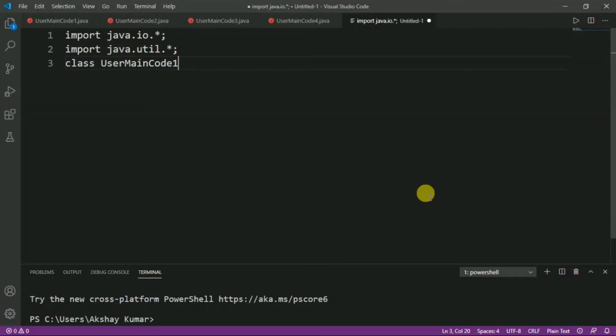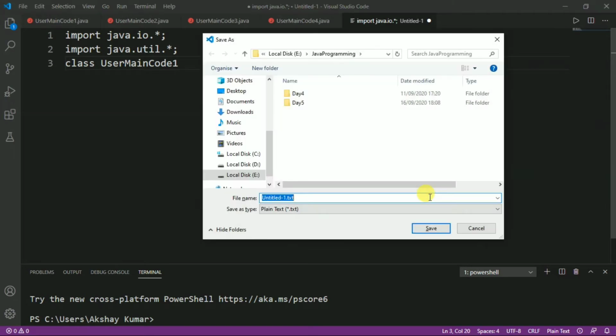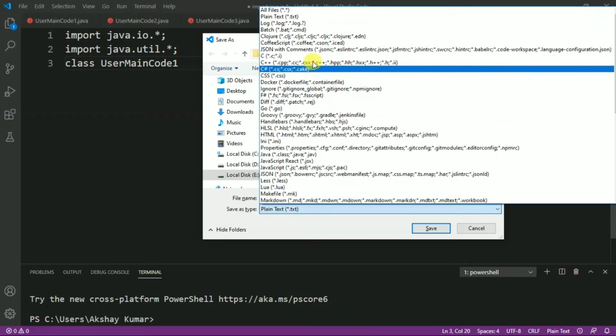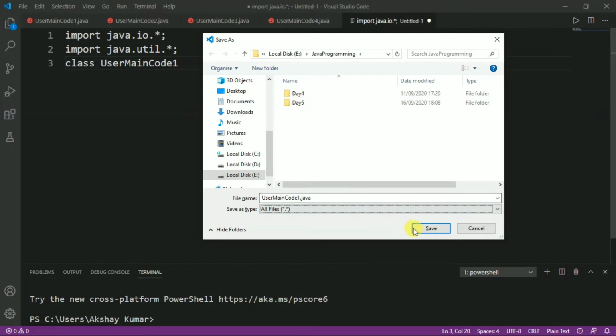Now by pressing Ctrl S we will save the program, and our file name should be the same as the class name. So we have to write UserMainCode1.java, and now let's select all files and save.